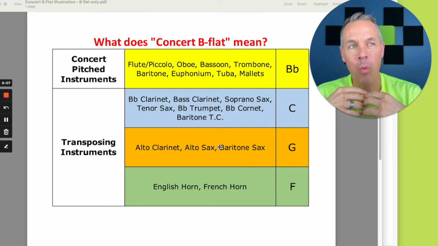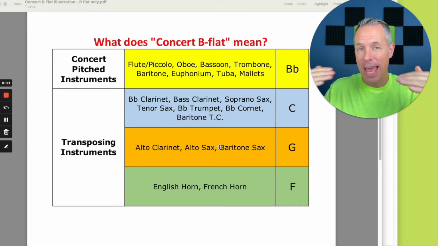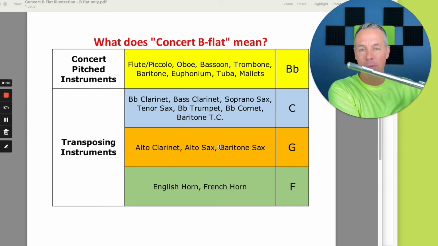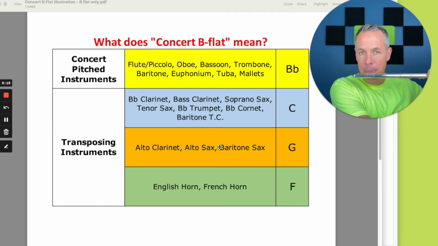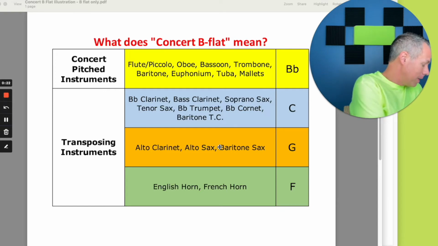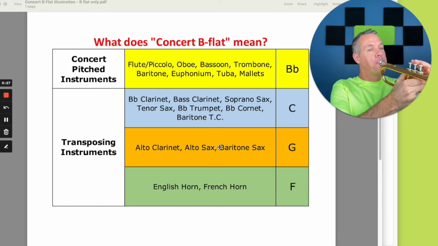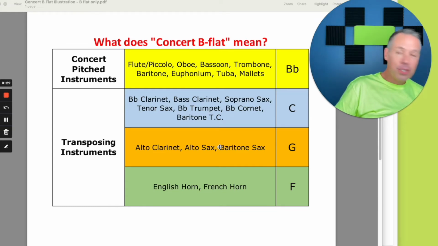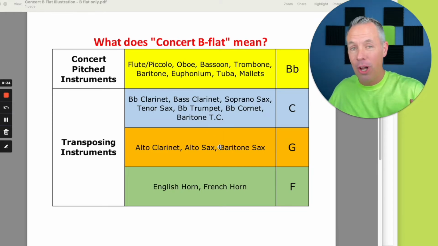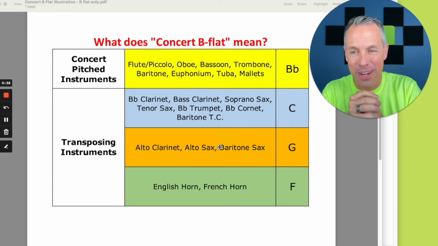Well, when you're in a band or you're playing with me, and if I want you to play the exact same pitch as me, meaning if you're a flute and you play, and I want you to sound just like me, and I'm playing a trumpet, and the trumpet is playing, now those pitches were the same, but the trumpet called it a C and the flute called it a B flat. And understanding that difference is what we're looking at right here.